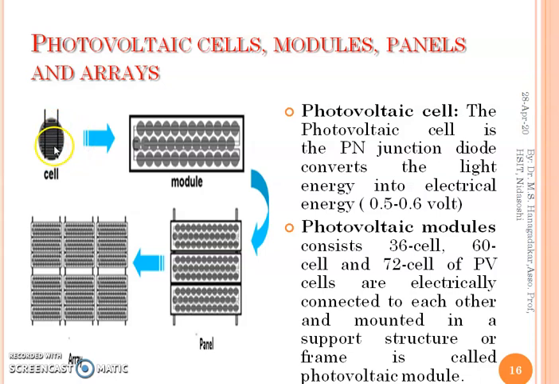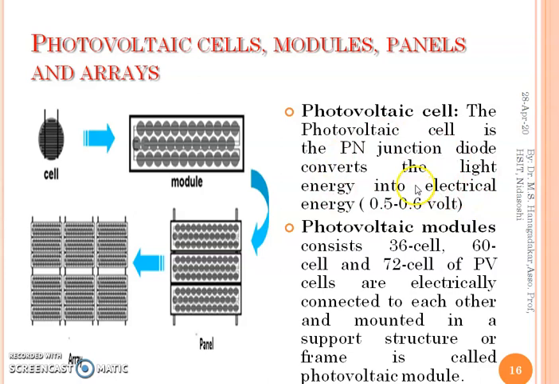When a photon has enough energy to overcome the forbidden gap, that energy allows the electrons to jump from the valence band to the conduction band. It leads to the formation of current in the semiconducting material. So this is the PV cell unit, where we get this small amount of current, and with this small amount of current we are not able to use it for any device or application.